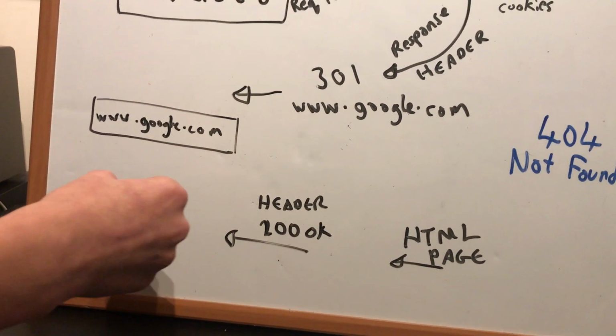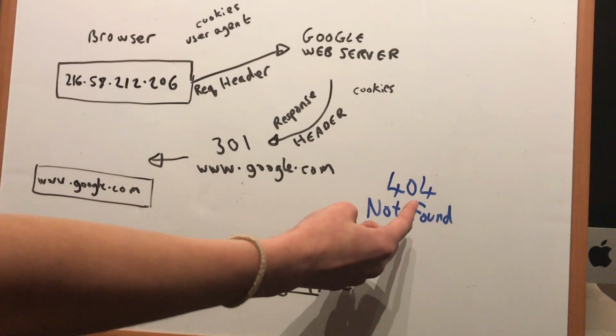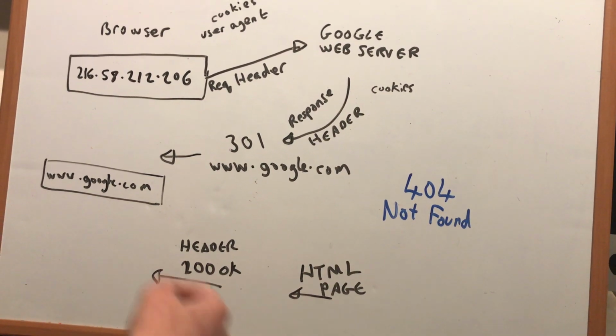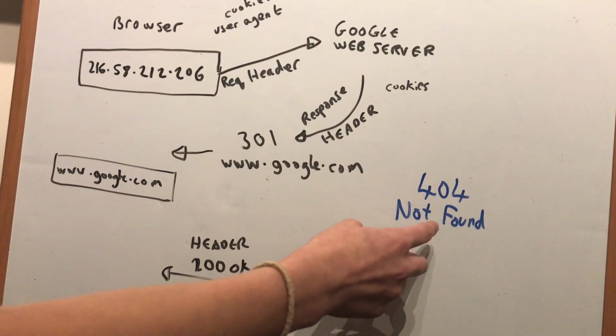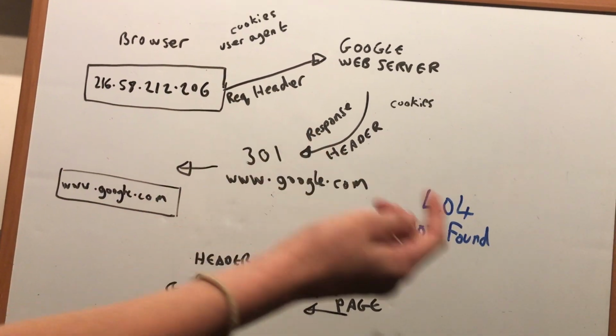page. Now, there are a few other codes that it could give you. For example, 404, not found. Now, this is very common. You know, there's t-shirts and everything, and most of you will probably have heard of it. This just means that if what you've typed in here, if it doesn't even exist, that's why it gives you